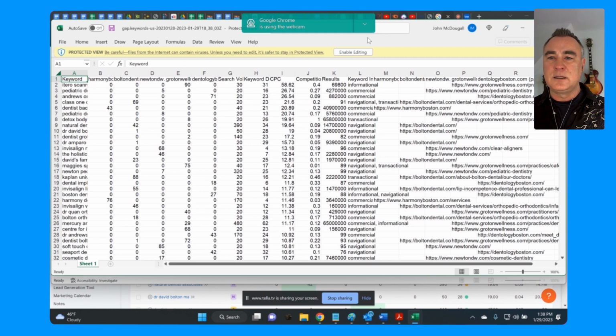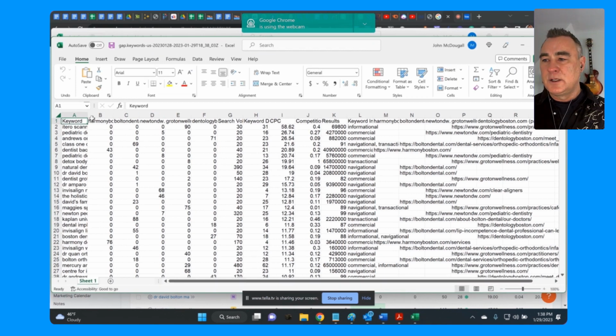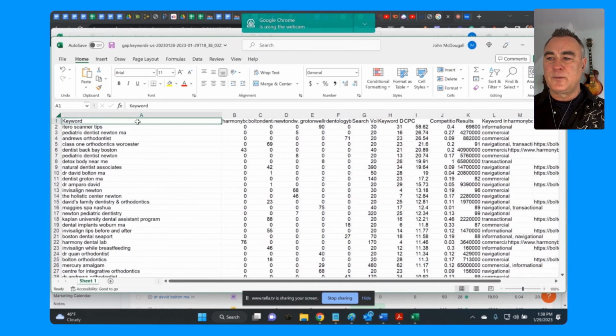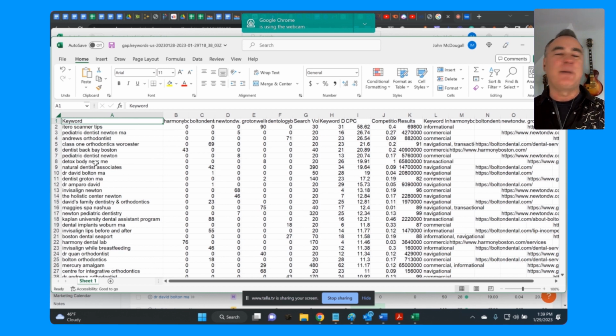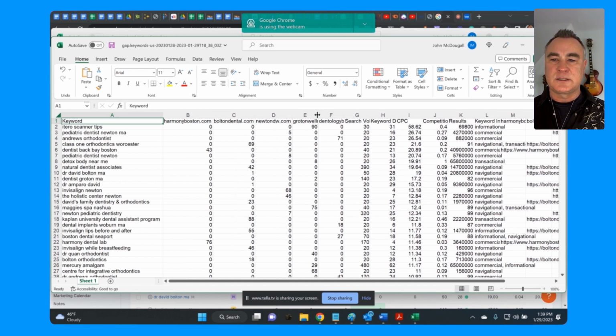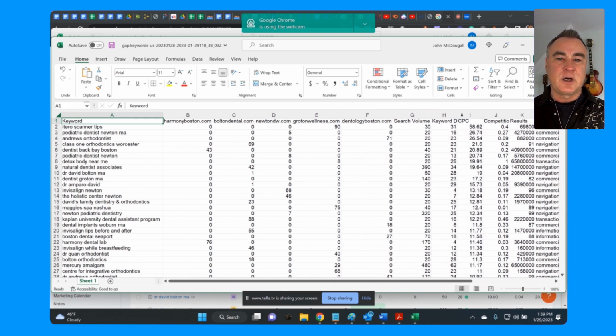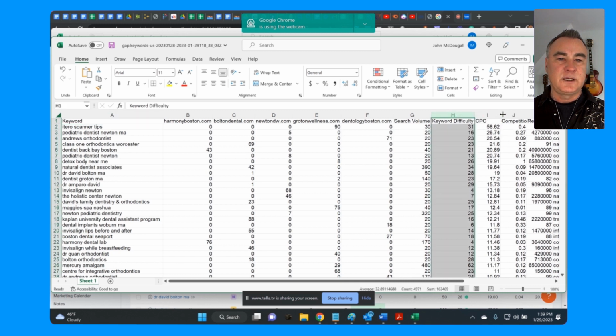Okay, so let's see, enable editing. I'm just going to show you how to clean this up real quick. So you can double click in between the columns. If there's a super long keyword or URL, you want to be careful doing that because you might have to back it down. I'm going to back this down about here, because I assume there's not that many keywords that are that long. But I do want to be able to quickly take a look at each of these different site URLs here. So I'll double click between the columns, just clean that up,